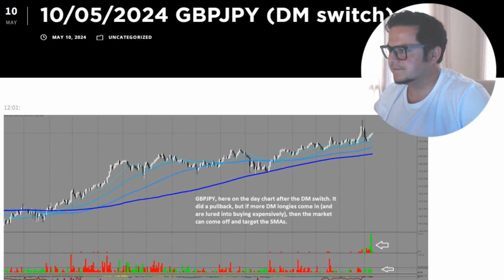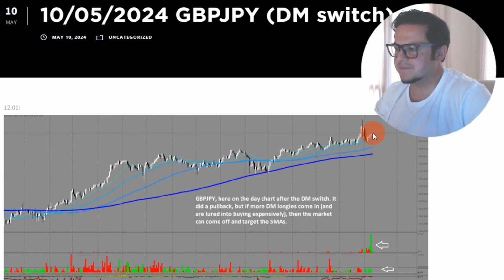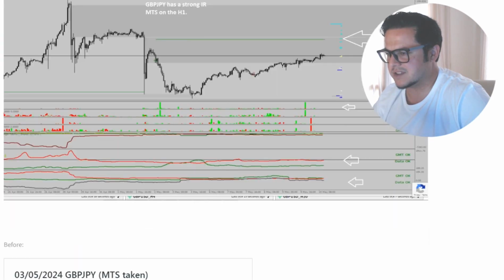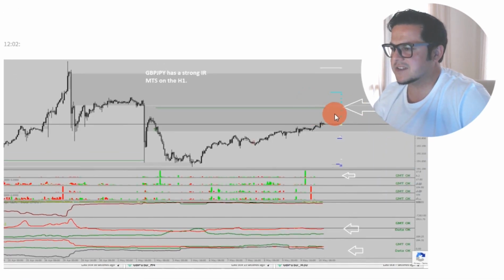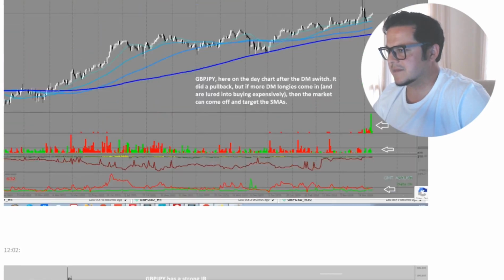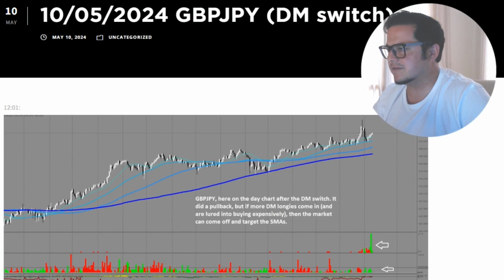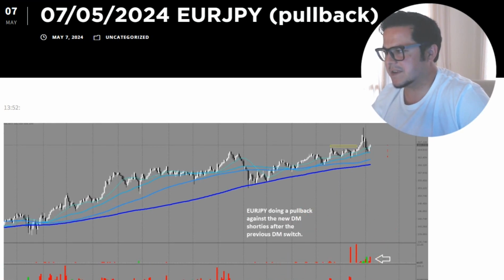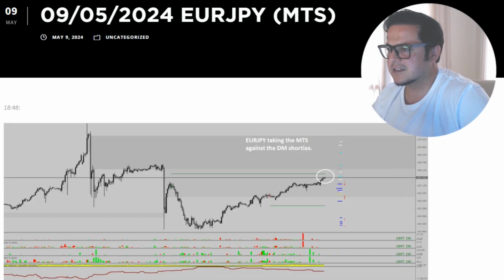So this is a luring move. This pullback up is a luring move to take out short-term stops of shorties and to provoke also buyers thinking, oh, I'm buying the dip and it's going to go back up towards the high. So as you can see, once this MTS here has been taken, which is really close now, the thing can completely reverse down if longies keep on buying and shorties keep on leaving. And the same is basically valid for the other yen pairs like here, Euro yen. Okay, so pay attention to that.